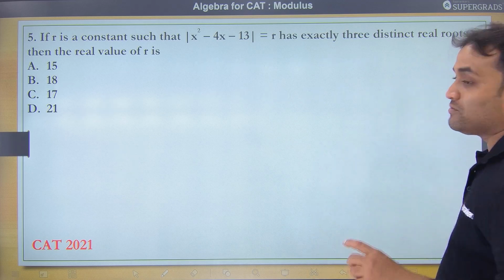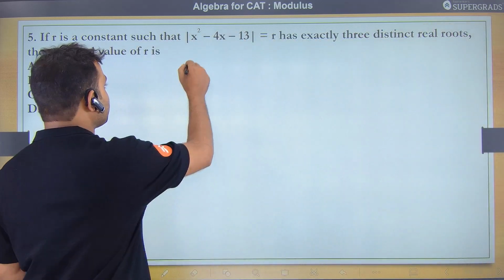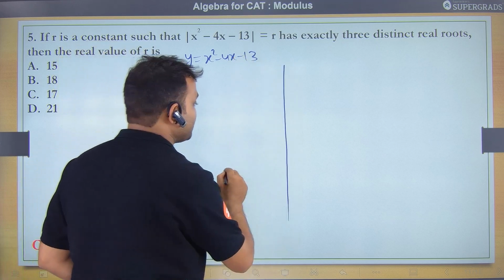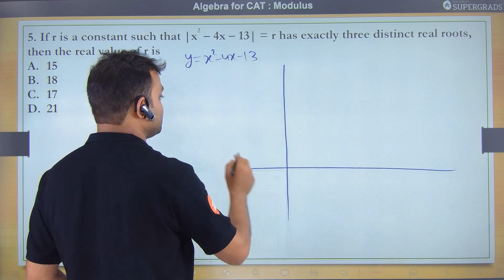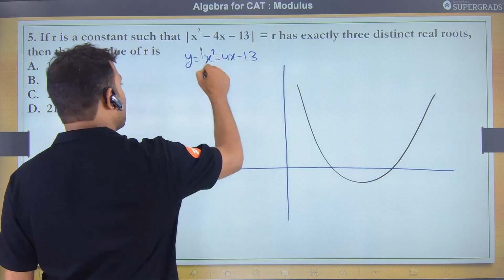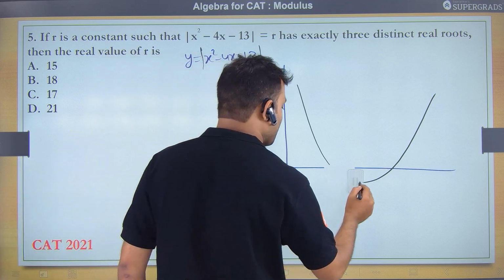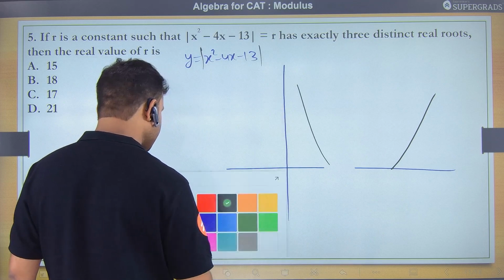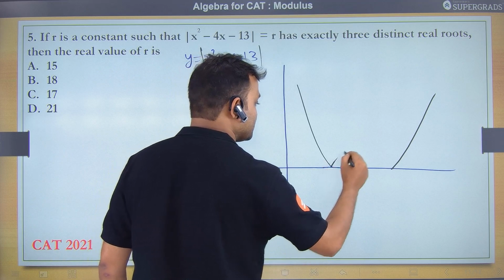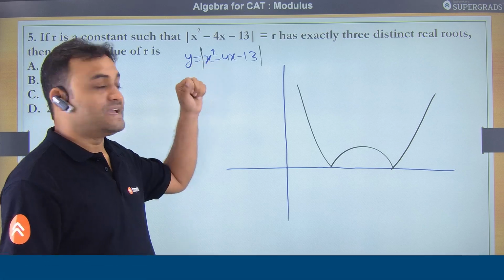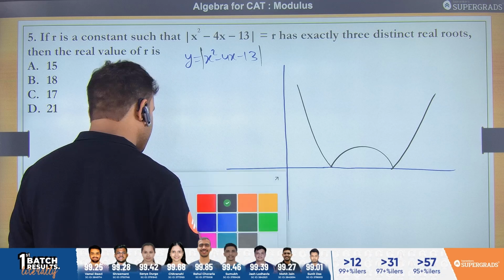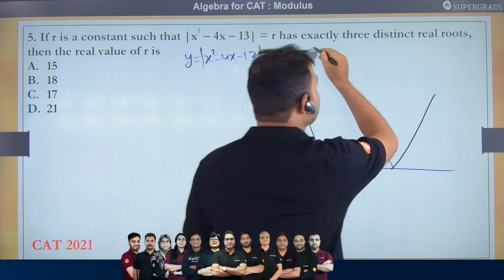सॉल्यूशन है जो कि सॉल्व होता है ग्राफ्स के थ्रू। अगर हम कंसीडर करें x² - 4x - 13 के ग्राफ को, so as discriminant is positive, the graph of this expression will be something like this। ऐसा कुछ होगा, बट वी आर टेकिंग मॉड ऑफ दिस। अगर हमने यहाँ पे मॉड लिया है तो ये ग्राफ ऐसा ना होके क्या बन जाएगा, तो जो नेगेटिव पोर्शन था हमें उसे पॉजिटिव बनाने की जरूरत है, एंड इट विल बी समथिंग लाइक दिस। ऐसा हो जाएगा, दिस विल बी द ग्राफ ऑफ |x² - 4x - 13|। अब ये कह रहा है दिस हैज बीन इक्वेटेड बाय r, सो y = r।